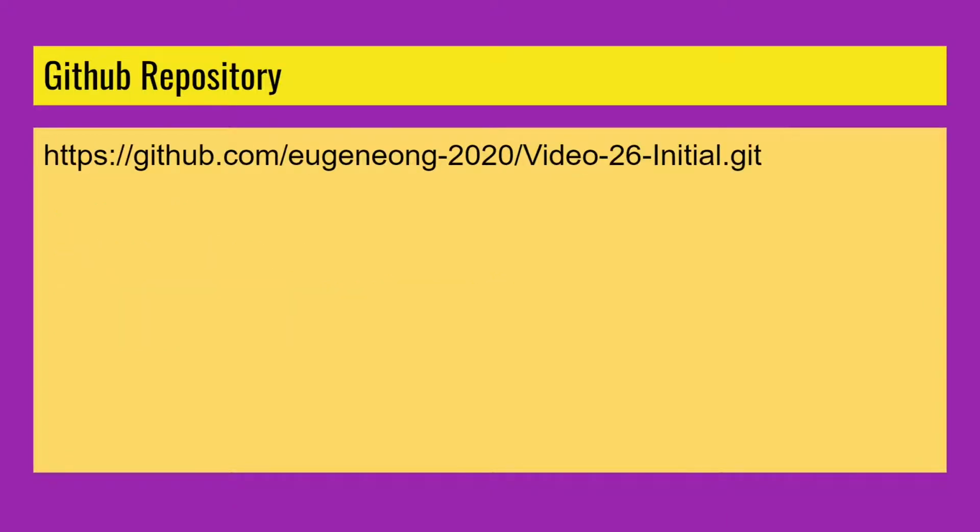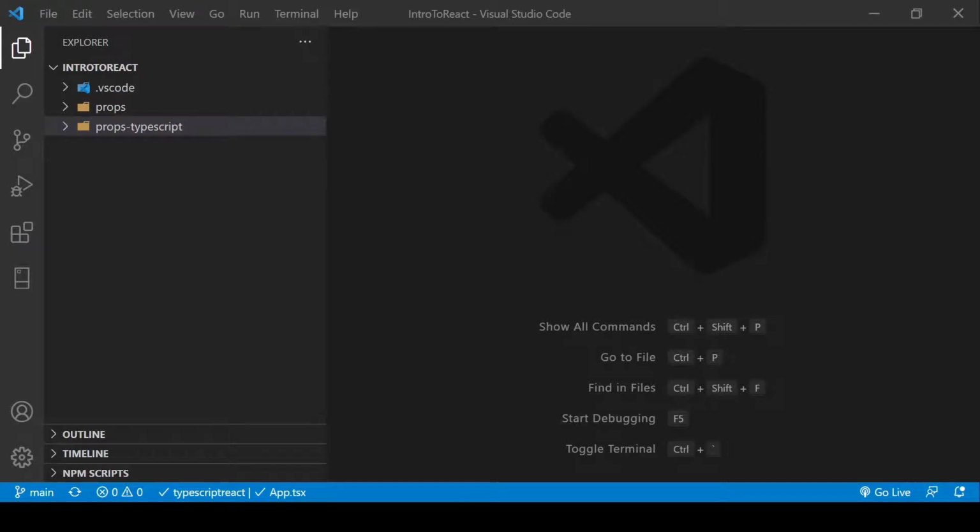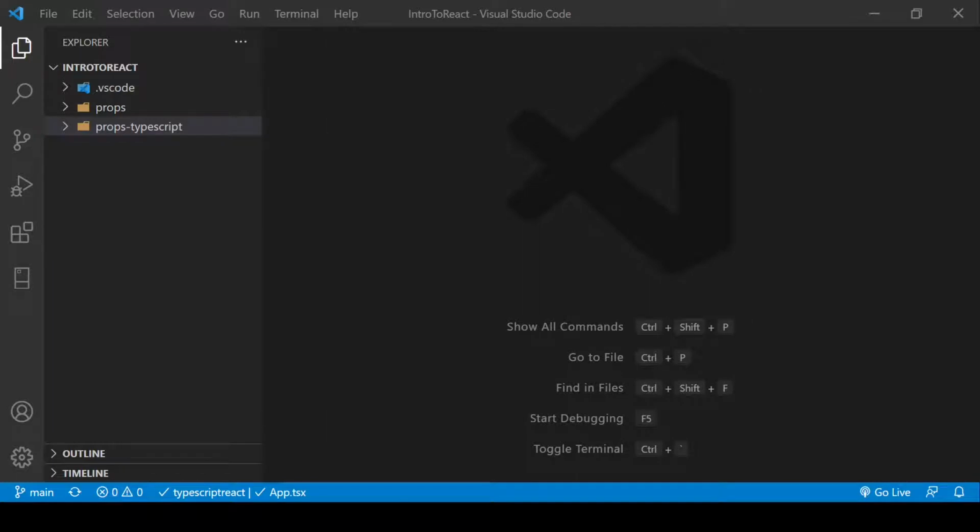If you want to follow along, which I recommend, you can download the code from this Github repository. The link will be provided in the video description below. To make things faster, I have copied down changes from props to props-typescript from our previous videos. Now let's go to